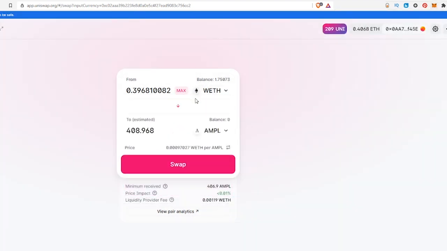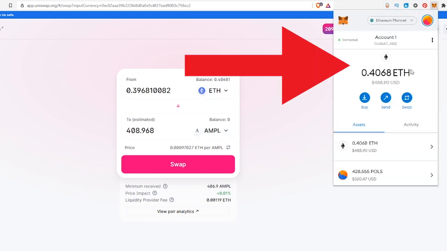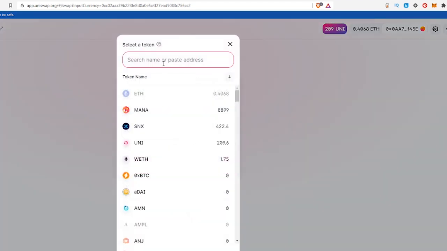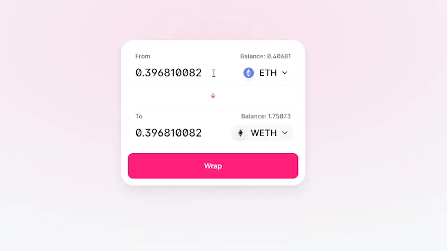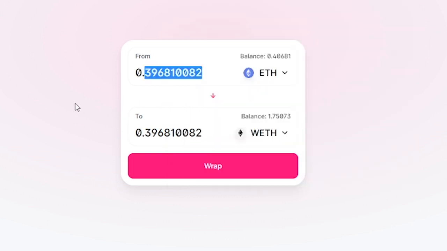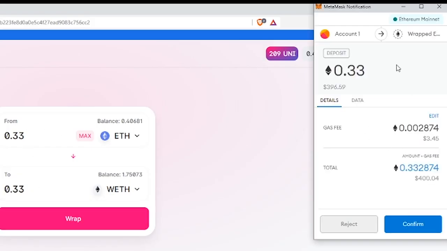For this tutorial, I'm going to be showing you to convert the Ethereum into Wrapped Ethereum. If you sent to your wallet already, you should have some Ethereum balance there. Make sure that you have Ethereum here, and we're going to look up WETH. We don't want to change all of our Ethereum into Wrapped Ethereum because we always have to pay that gas fee, right? So 0.017. I'd say leave about 0.04, twice the amount for 2 transactions. I'll only convert about 0.33 into Wrapped Ethereum because the rest of it I have to leave to pay gas